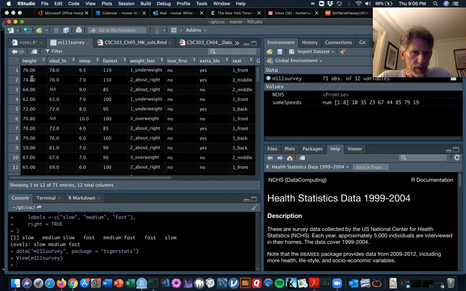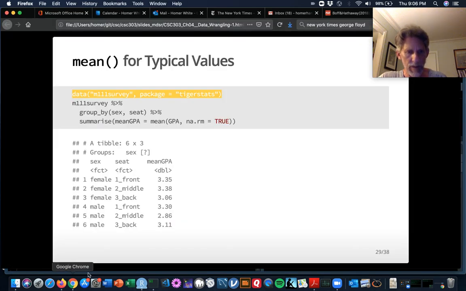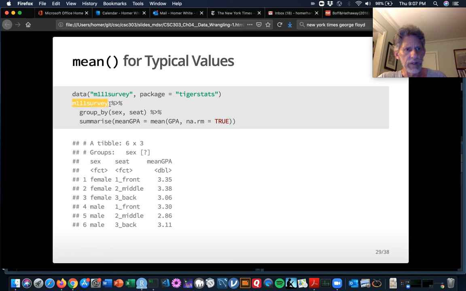And you have such things as their height, their ideal height that they would like to be, how many hours of sleep they got last night, the fastest they ever drove a car in miles per hour, how they feel about their weight. Do they feel underweight, about right, or overweight? Do they believe in love at first sight? Yes or no, etc. And so here, we're taking m111survey, and we're grouping by sex of the student and their seating preference. Do they want to sit in one front, two middle, or three back of the room? And we pipe that group into summarize,